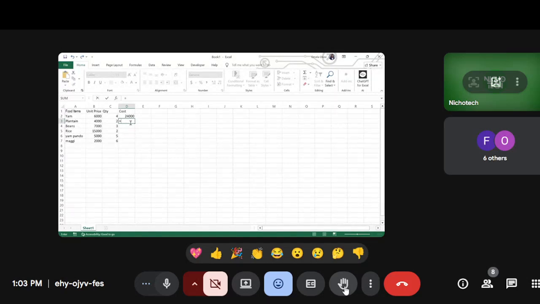Then you're going to use asterisk. And the quantity for plantain, what's the address of the cell? C3. Once you have confirmed that your formula is good, and the cell reference is what you want, you go ahead and